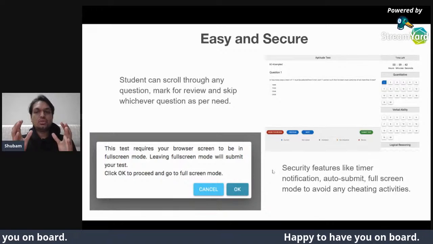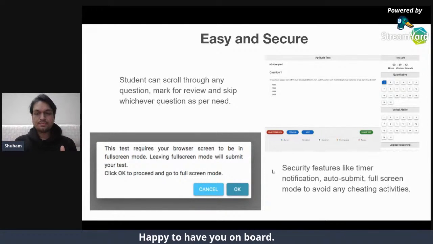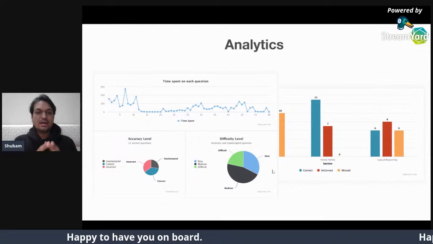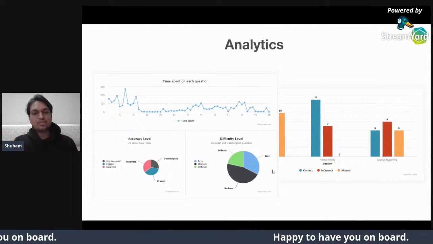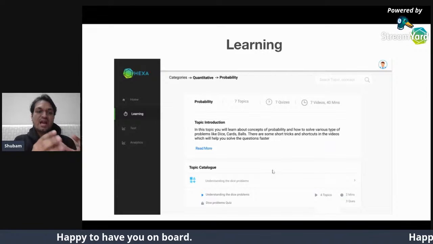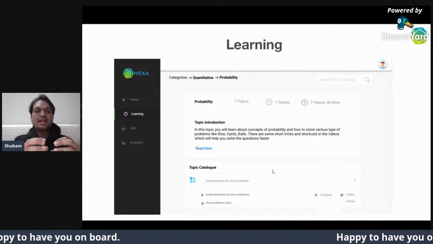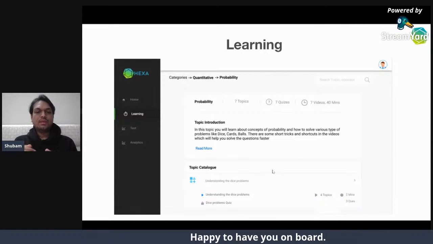So that is why, to keep the same environment, we have incorporated this as well, right? This is how the analytics screen looks like. When we'll see the actual product, we'll deep dive into this, and this is how the learning section will look like. So we start with the assessment and analytics part, and after a couple of days, or maybe a week,